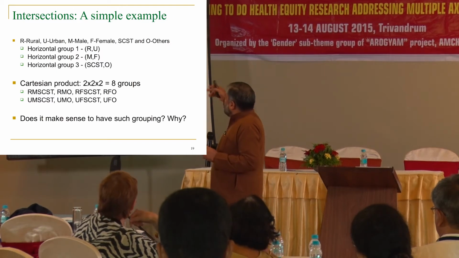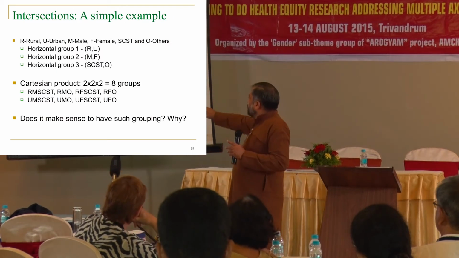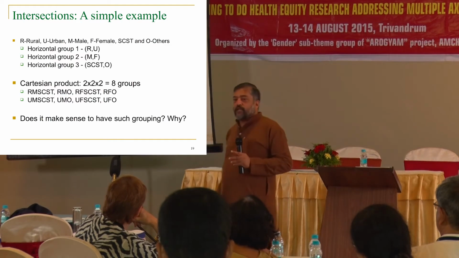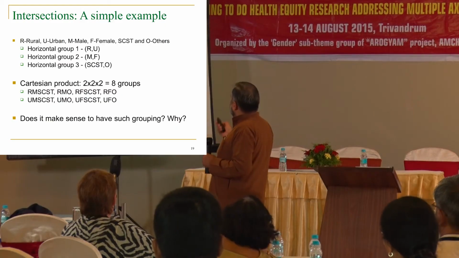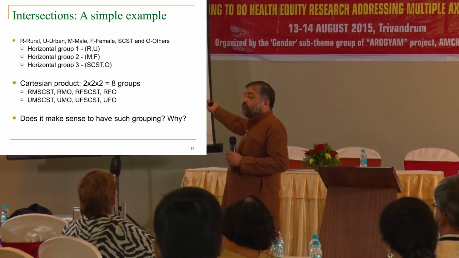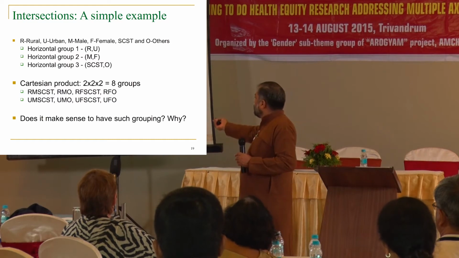So I come to this, what I was telling, you have a Cartesian product and does it make sense to have such grouping, and somebody will ask why and how far can you go. You had 3 attributes, why didn't you take 10? Then you will have more spread of it. So, there is no limit. So, as a researcher we have to fix a limit somewhere. So, in this example as you see, you had only 3 attributes and you had 8 groups, so you can have 80 groups if you have more attributes.